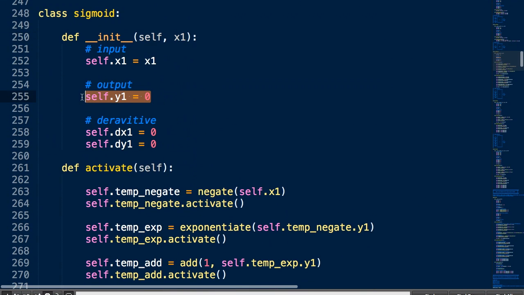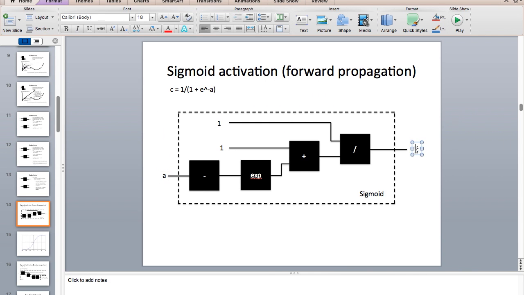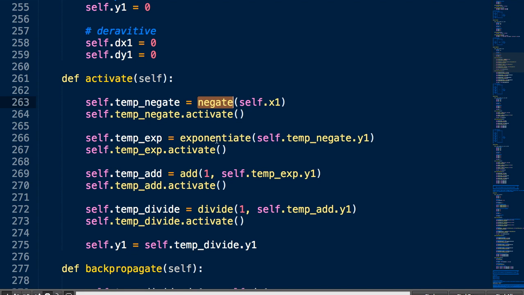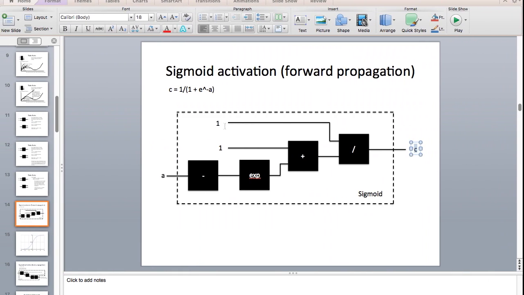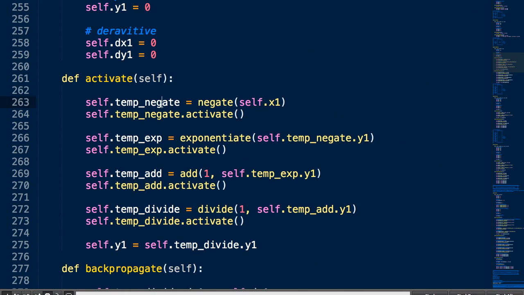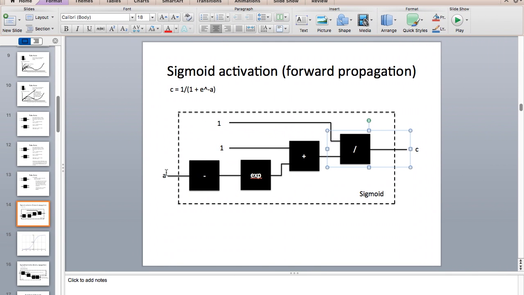And we have one output. Same thing in our sigmoid activation function, C. So using the 4 gates that we've defined in our activation function, we have the negate, we have the exponentiate, we have the add, and we have the divide. Take a look at this. Negate, right here. Exponentiate, add, divide. Negate, exponentiate, add, divide. And we have to activate it after each time because we're saying, all right, A, we